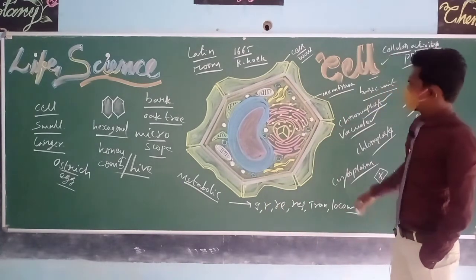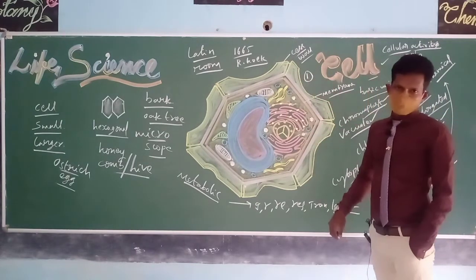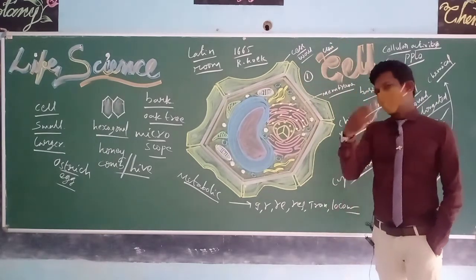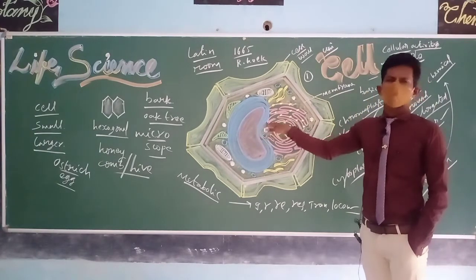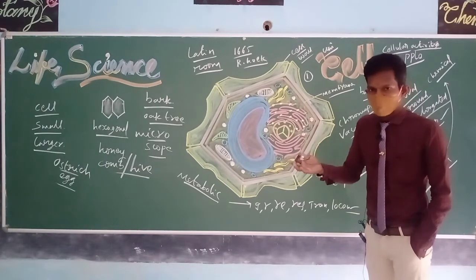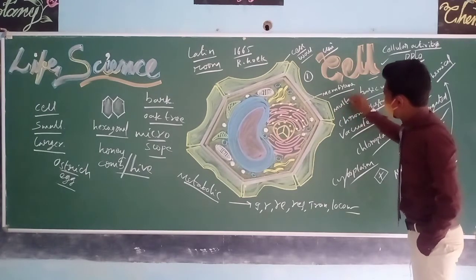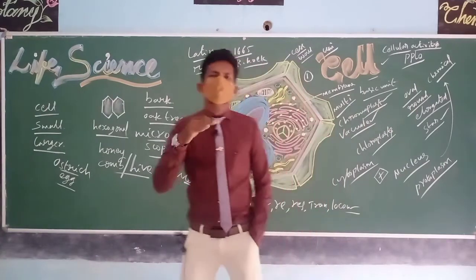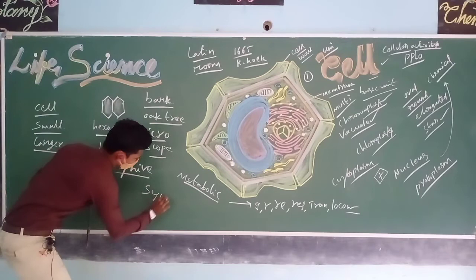Generally every cell has a single nucleus. Such a type of cell is called a uninucleated cell. Sometimes more than one nucleus is present in a single cell: 2, maybe 3, 10, 20, 30, 40 also. Such cells are called multinucleated cells. The multinucleated condition of the cell is known as syncytium.